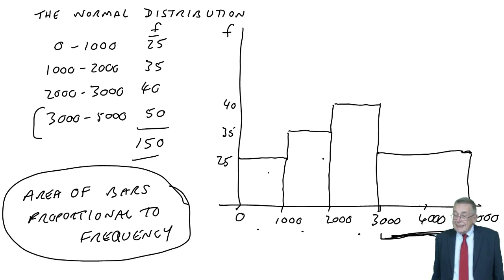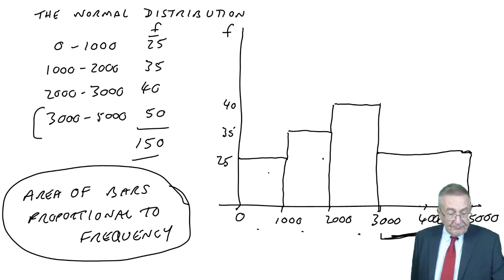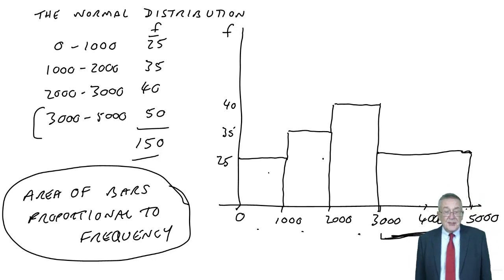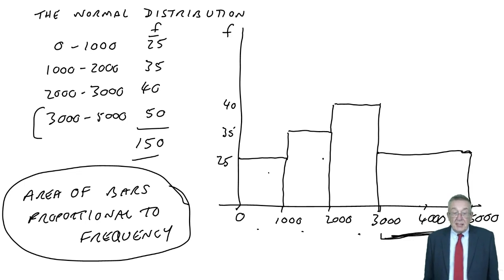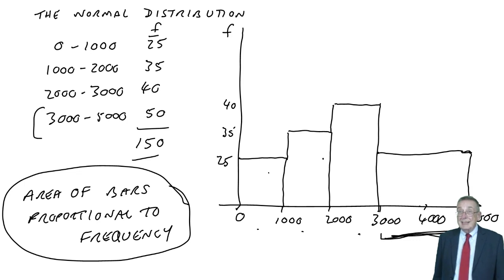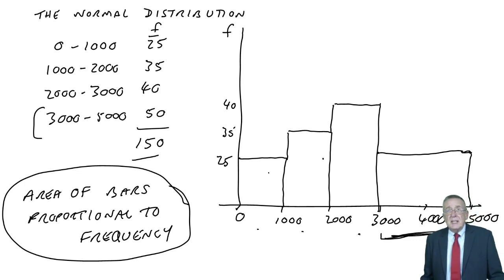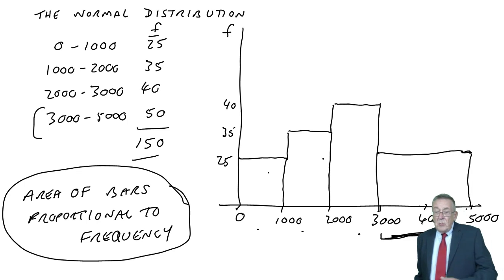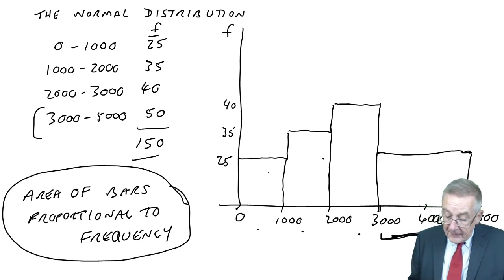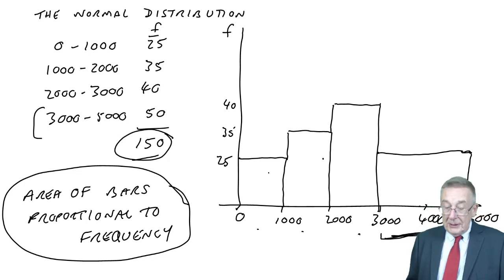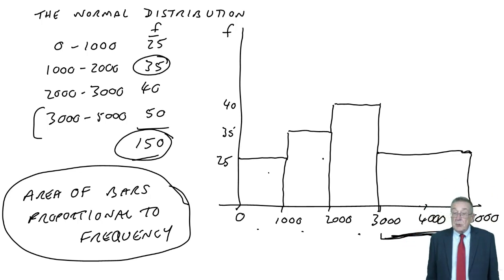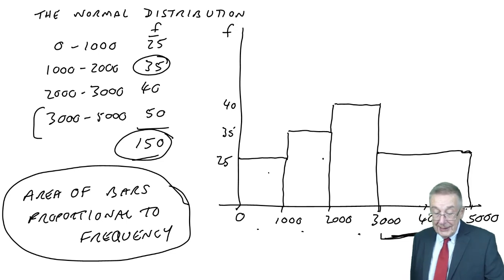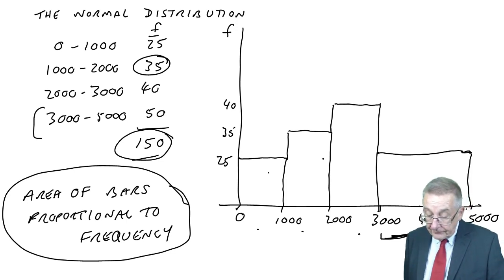Now, having drawn that, a couple of things. First of all, let's just look at B and C in example 1. It says, what's the probability of a worker earning between 1,000 and 2,000? What's the probability? What's the chance? Well, we can see that straight from the table. Out of 150 people, 35 of them earn between 1 and 2,000, and therefore,